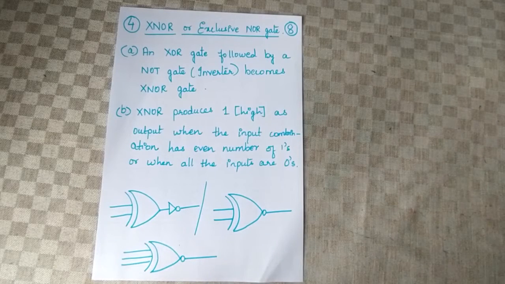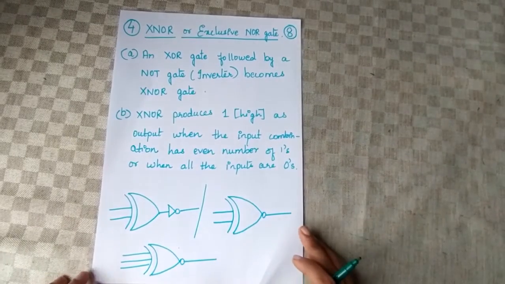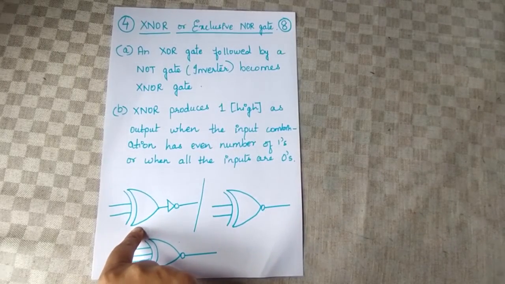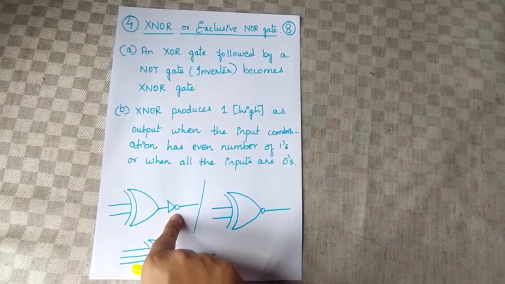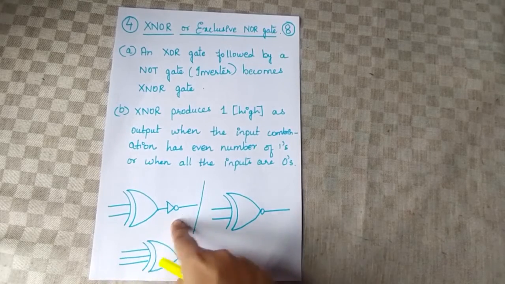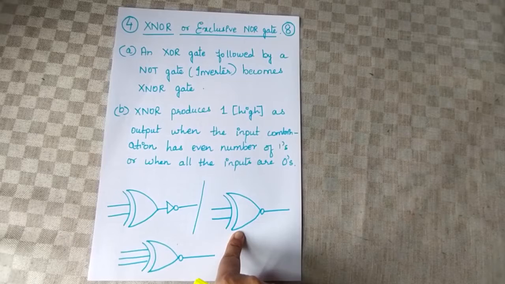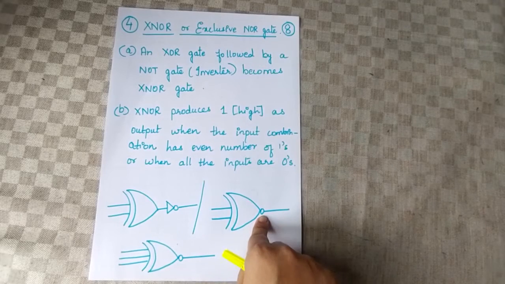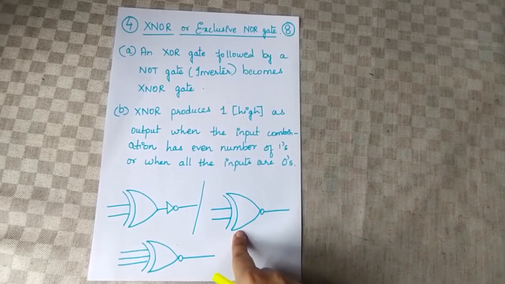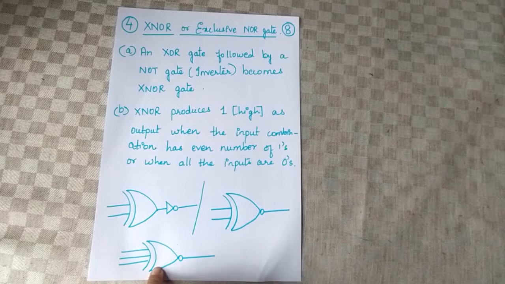Okay. The XNOR gate produces the output 1 if there are even number of ones or all the inputs are zeros. Now how the logic diagram for XNOR gate is, you have to draw the logic diagram for XOR gate and then attach it with a NOT gate. It gives you the XNOR gate. Or draw the logic diagram for XOR gate and apply with a bubble here, then it gives you the output of XNOR gate. It can be drawn for 2 input variable or even 3 input variable.